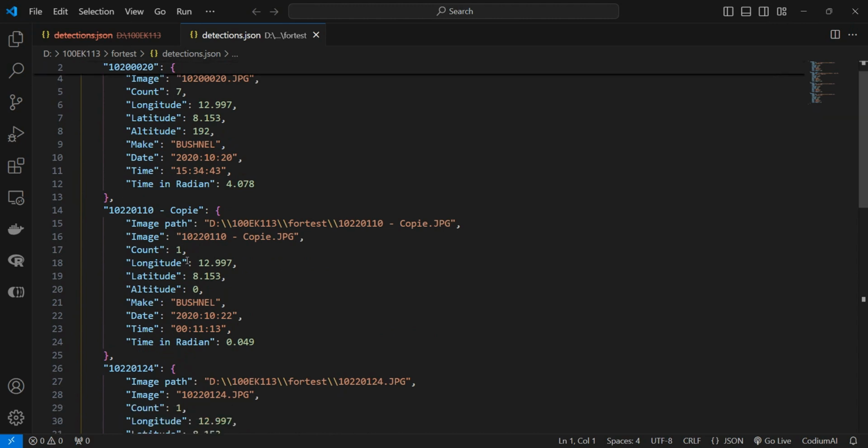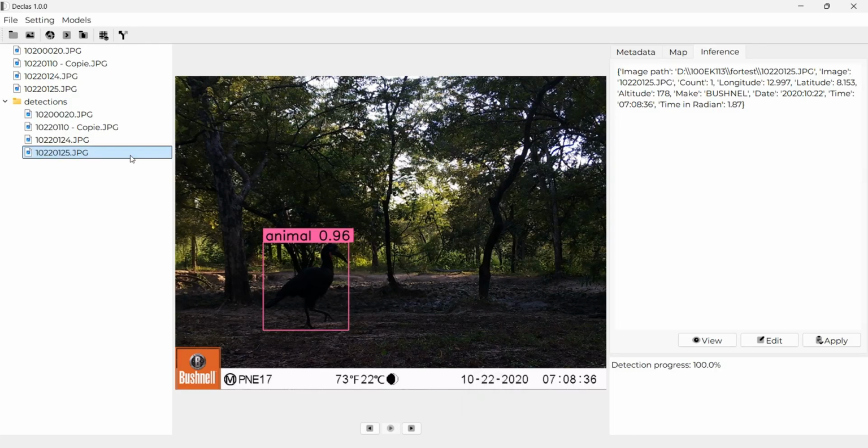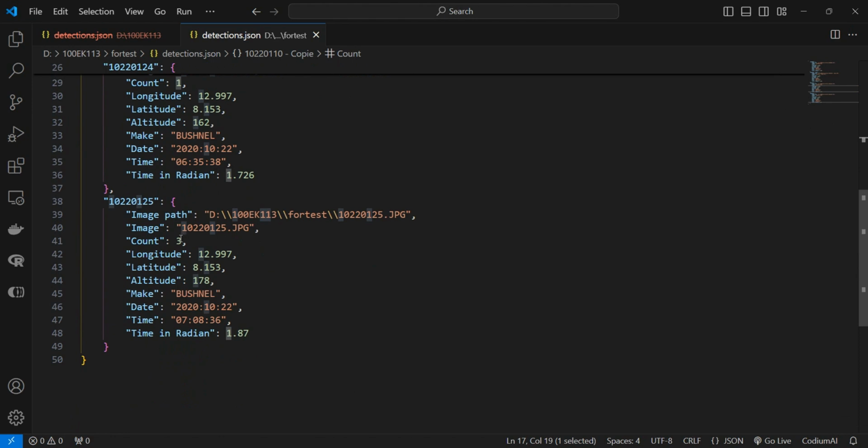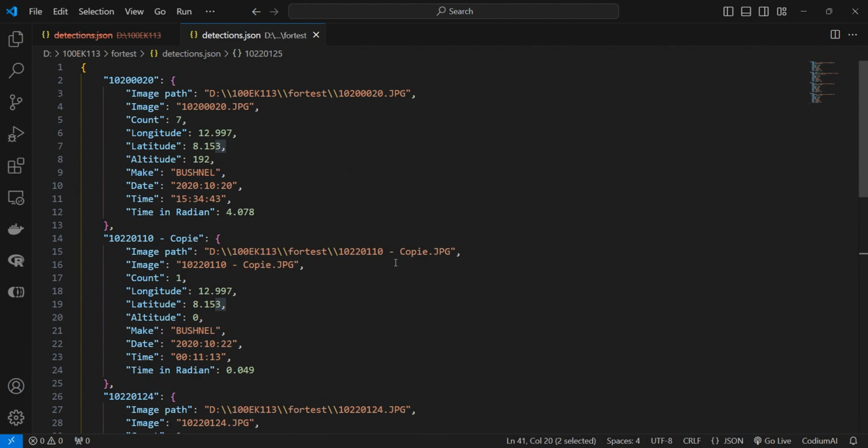If, for example, I want to change this value, let me come back again to the class interface. I suppose that here I have more than one image in my model, and it classified and misidentified an animal. I can also put it in edit, and I change the value here. I can put 2 or 3, and I apply the change. If I come again here, let me open, you can see that I now have 3 instead of 1. So that is how you can proceed to detect on a single folder.